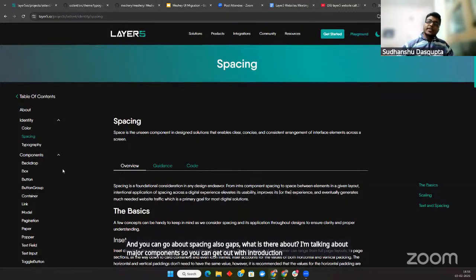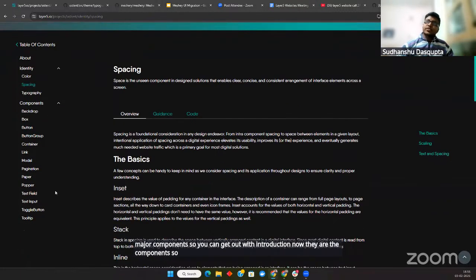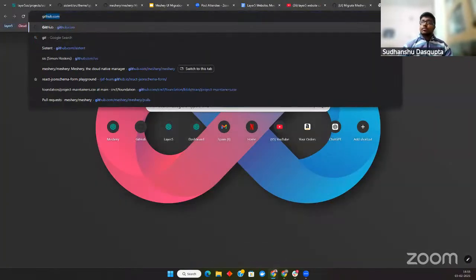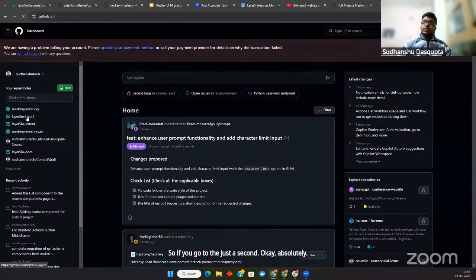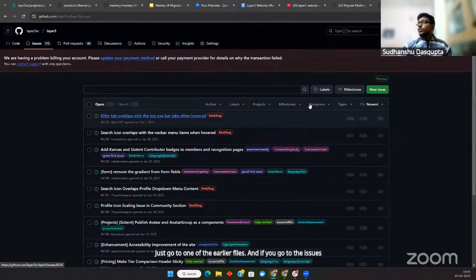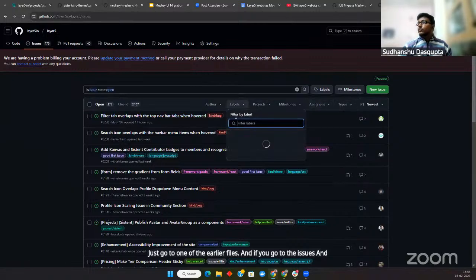Now there are the components. You will not see the whole components here. That's why we're talking about one of the standing agent items to complete the system documentation. So if you go to one of the Layer5 repos, go to the issues and sort them by using the label system.